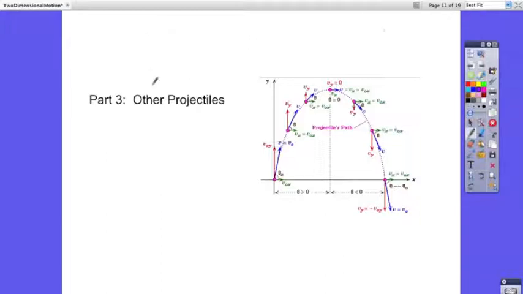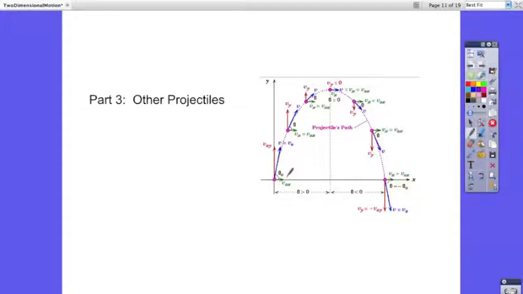Part 3 of two-dimensional motion, other projectiles. So projectiles that are not what we call horizontal projectiles. Projectiles where the original velocity is not just x velocity, but there's a y component as well. This diagram shows what happens to the velocity of the projectile as well as to the two components of the